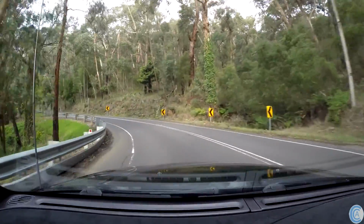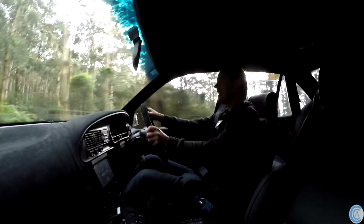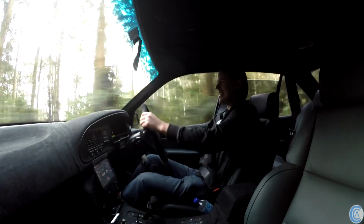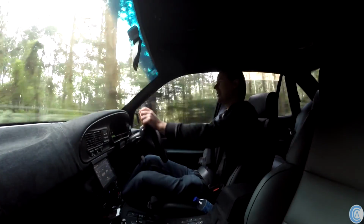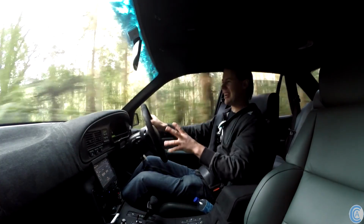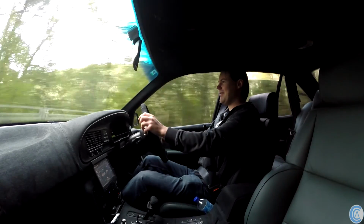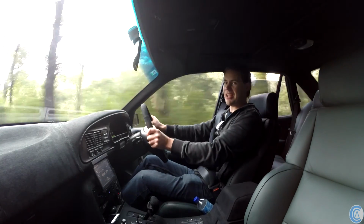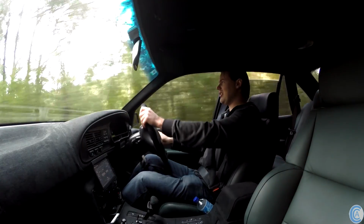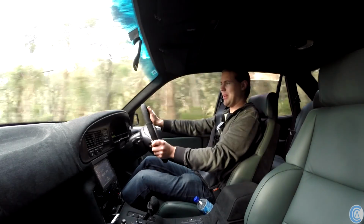I've taken it to some twisties. There's a turn coming up, and when you're pushing it into a turn, it just doesn't want to do mid-corner or exit very well, and it scares you as well. Like, there's no confidence going into a turn. You've got your initial turn in, which feels okay for a four-door passenger car,